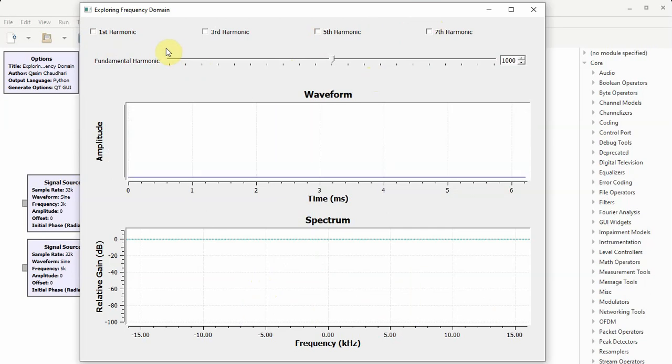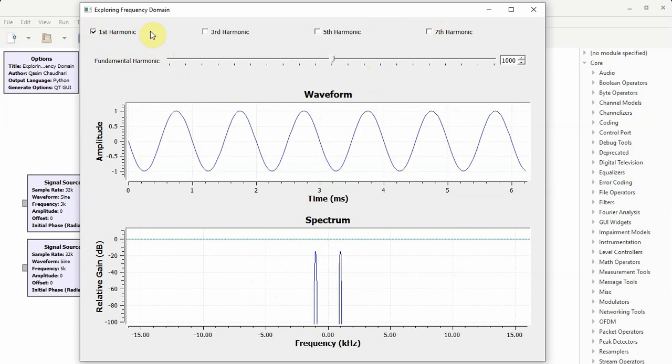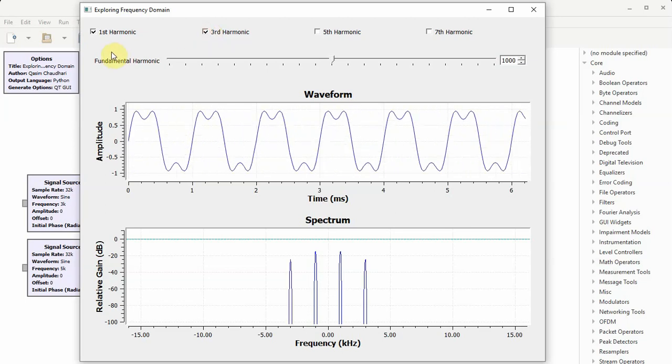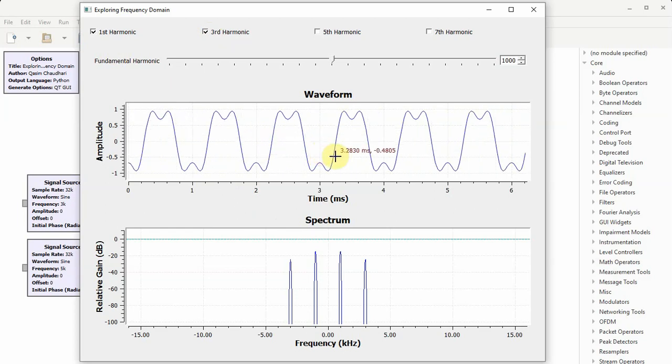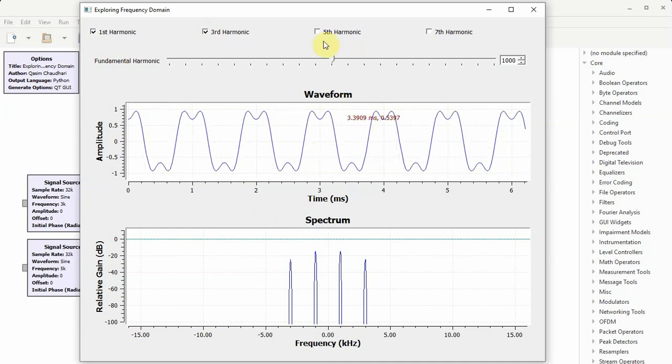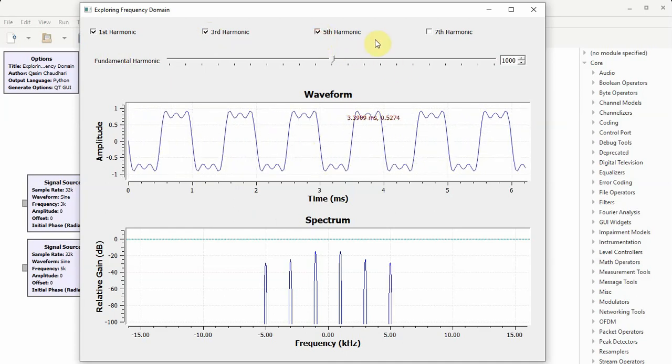Now, let us start with the first harmonic. So when I do this, in addition, we also want to show the third harmonic. Can you see something? This waveform is resembling a familiar waveform, not exactly, but it's starting to look like a familiar waveform. Let us add one more harmonic